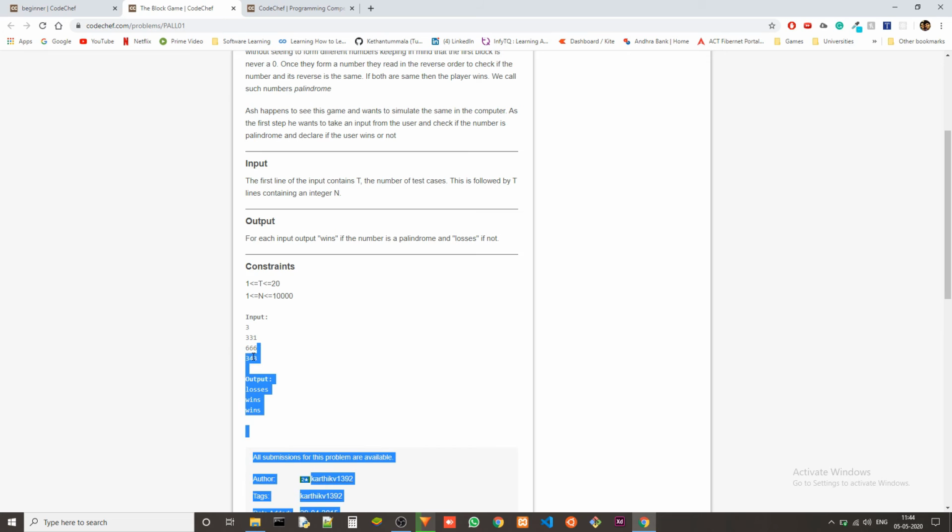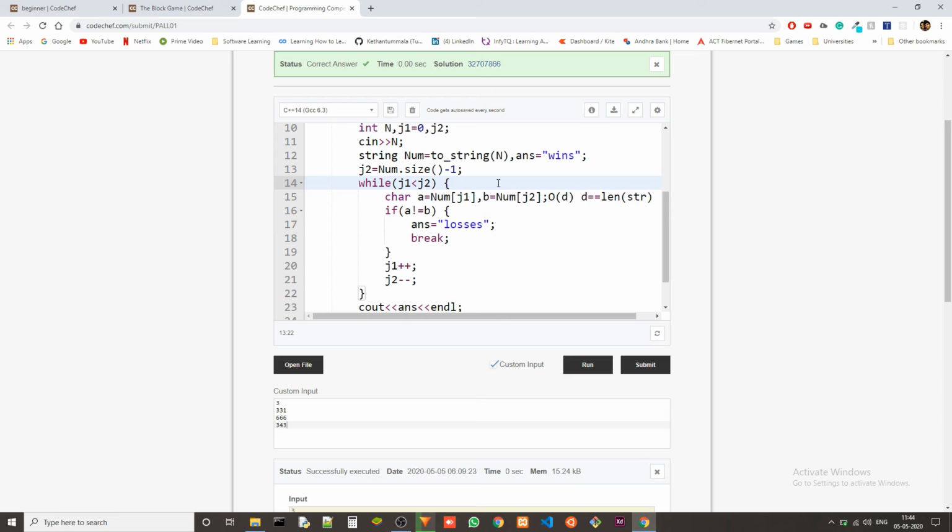But if the number was a 6-digit number, let's say 512548, then the space required will be this much, right? So this is not constant space, it is dependent on the input, but it is still very small, so we could just say it's order of n.